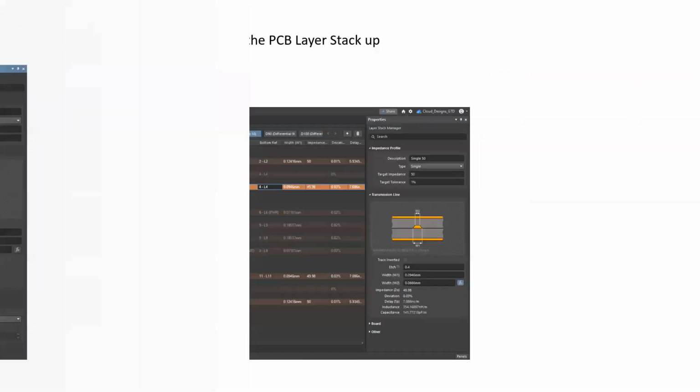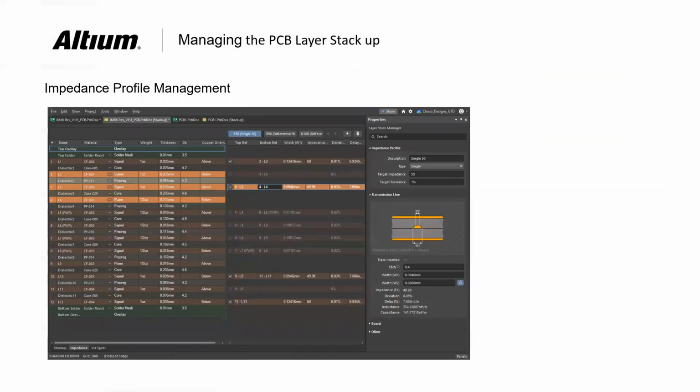Then we'll go for the layer stack impedance profile management. In this impedance profile management, when I just click on impedance, automatically you will have the basic impedance profile of 50 ohms. In this impedance profile, you will be able to see there is a top layer followed by the bottom reference. This bottom reference tells you that the impedance profile will start from layer 2 to this bottom reference of the 4th layer.